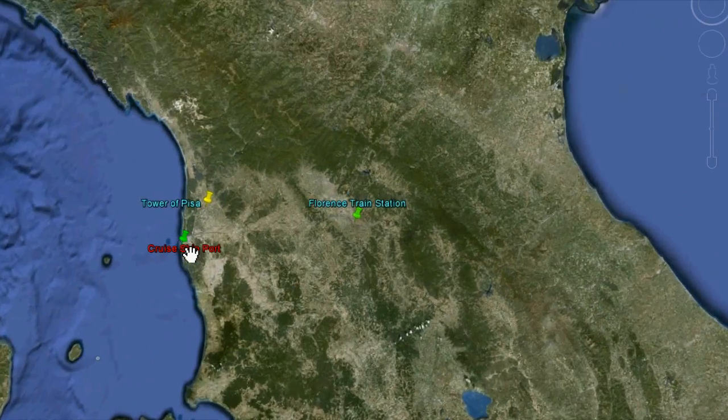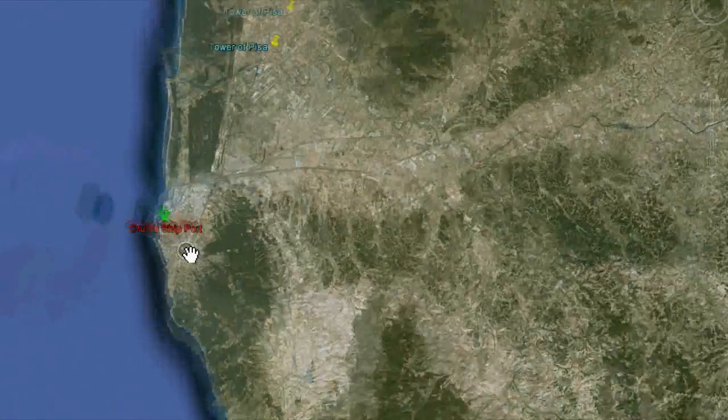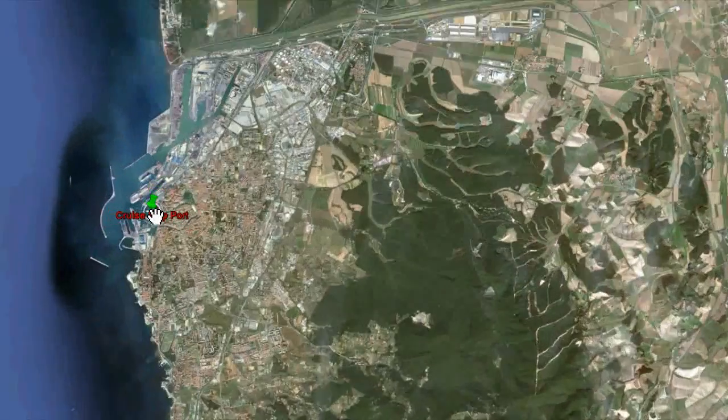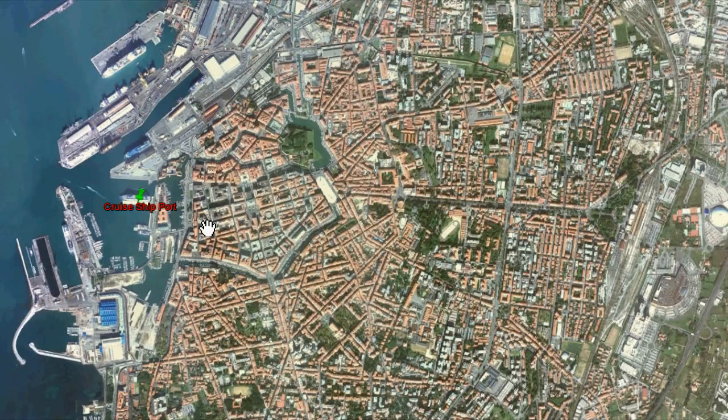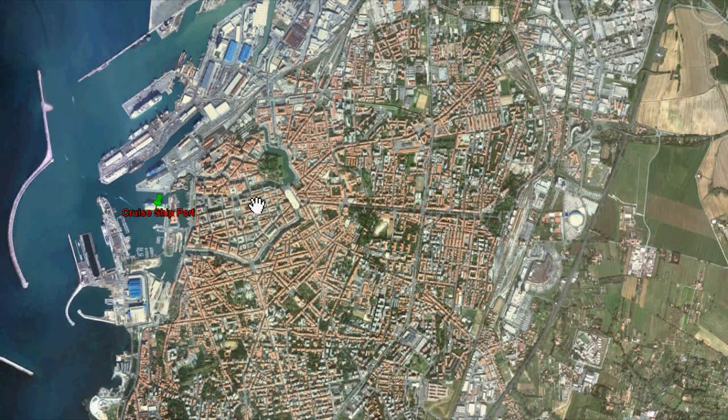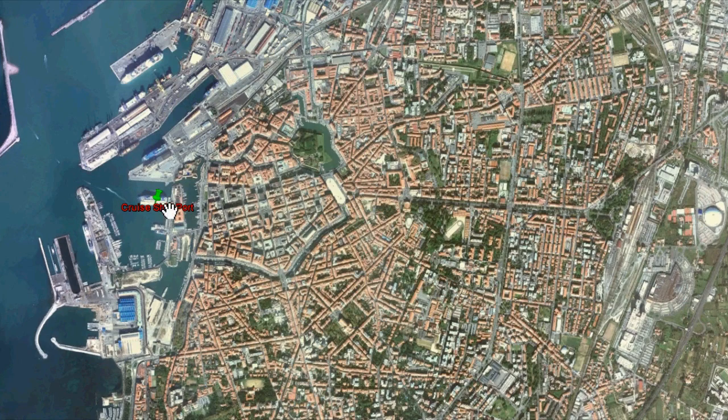Okay, let's zoom in here a little bit and see exactly where the cruise ship will be dropping you off in Livorno. Livorno has a population of about 150,000 people, and if you're not feeling up to making the journey all the way to Tuscany or to Florence and to Pisa, Livorno is quite a fun city to check out as well. Here you can see this area. There's a bunch of different cruise ships already in the port of Livorno, and our quest is to find the best way to get from where they drop you off